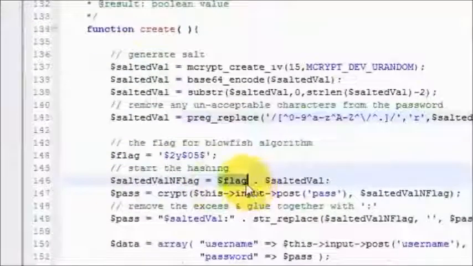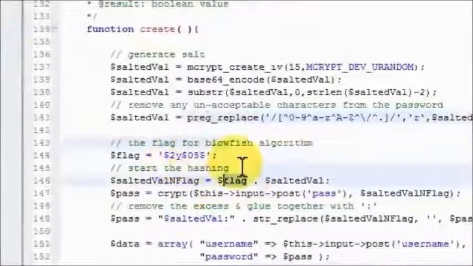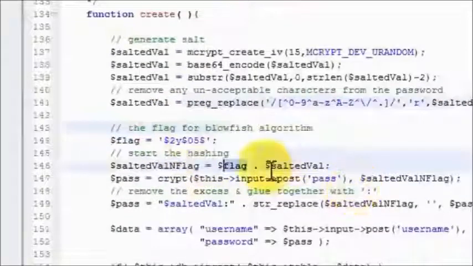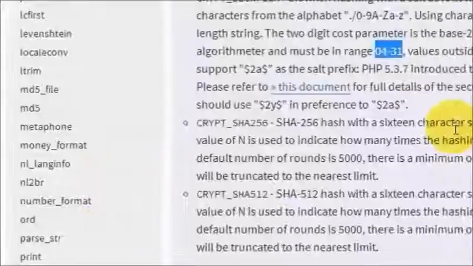Down here, what we do is we take the flag that we've created here, which tells PHP that we want the Blowfish algorithm on level 5 iteration, and then we take the salted value that we just created here, and now we have this salted value and the flag. Now here's the crypt function. If we go back here, you'll notice that